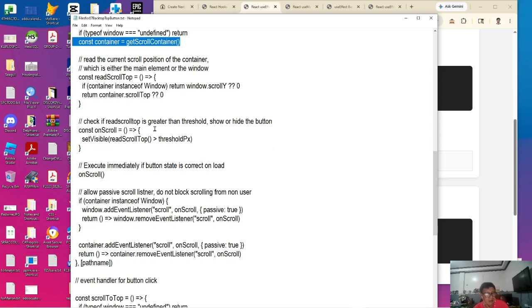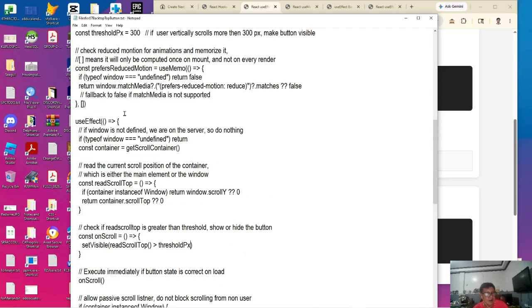Now check right away. If the scrolling is not on top by the scrollTop property, which is 0. If the scrollTop is 0, it's on the top. If not, if it's greater than 0, then it's not on the top. If the scrollTop is greater than our threshold of 300px, then our variable visible will be true.